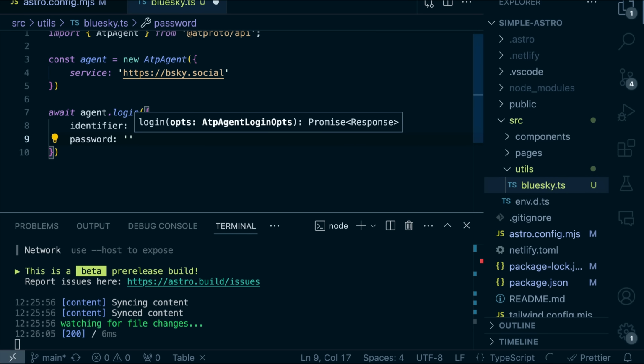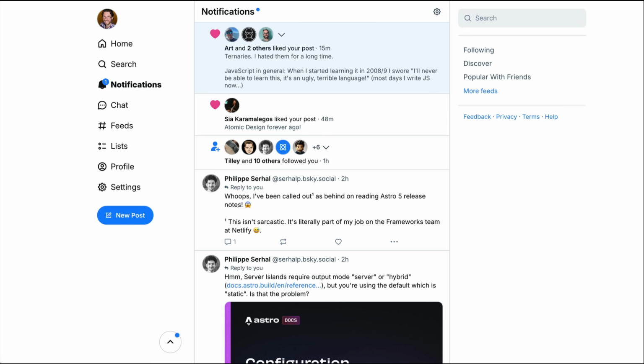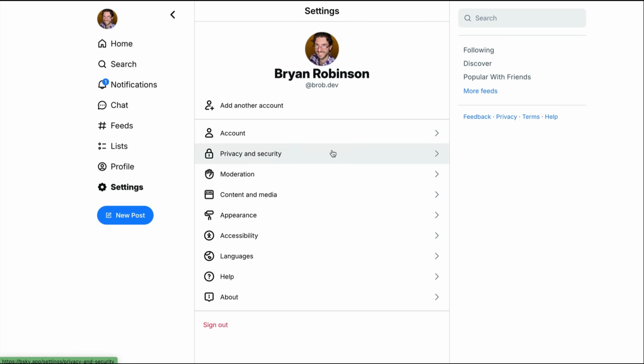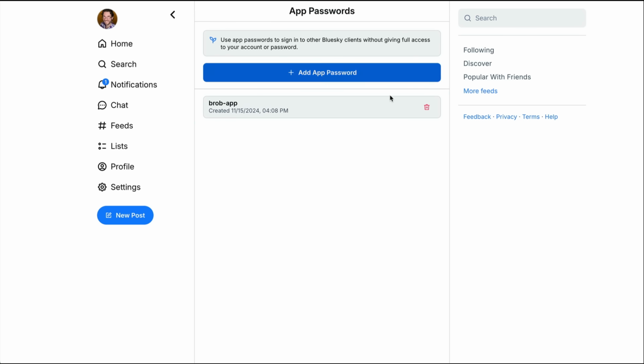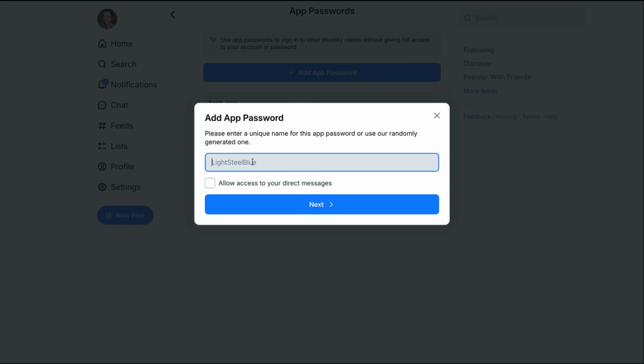So to get this, we're actually going to head on over to Bluesky and go into our settings area. And in here, we can go to the privacy and security and create a new app password. All you have to do is click it here. It'll let you name it, and then you can allow or disallow for direct messages. I would recommend no direct messages for this because we don't need it, and that's a little bit sketchy in